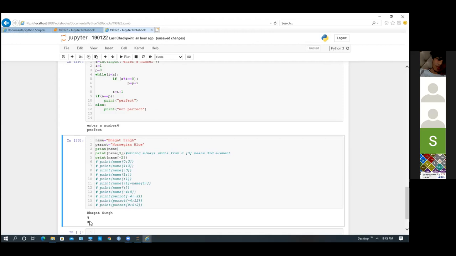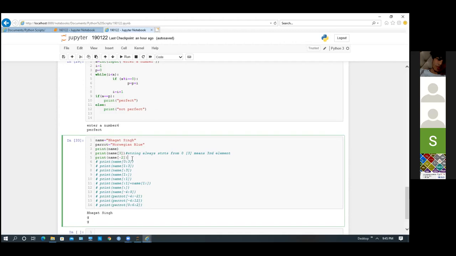Sir, is it maybe because of the G in the string? Correct. When we are writing minus like this, it will start from here. Keep in mind, from the right side the index always starts with 0, from the left side it will always start with 1. So this is -1, this is -2, -3, -4, -5, like that.